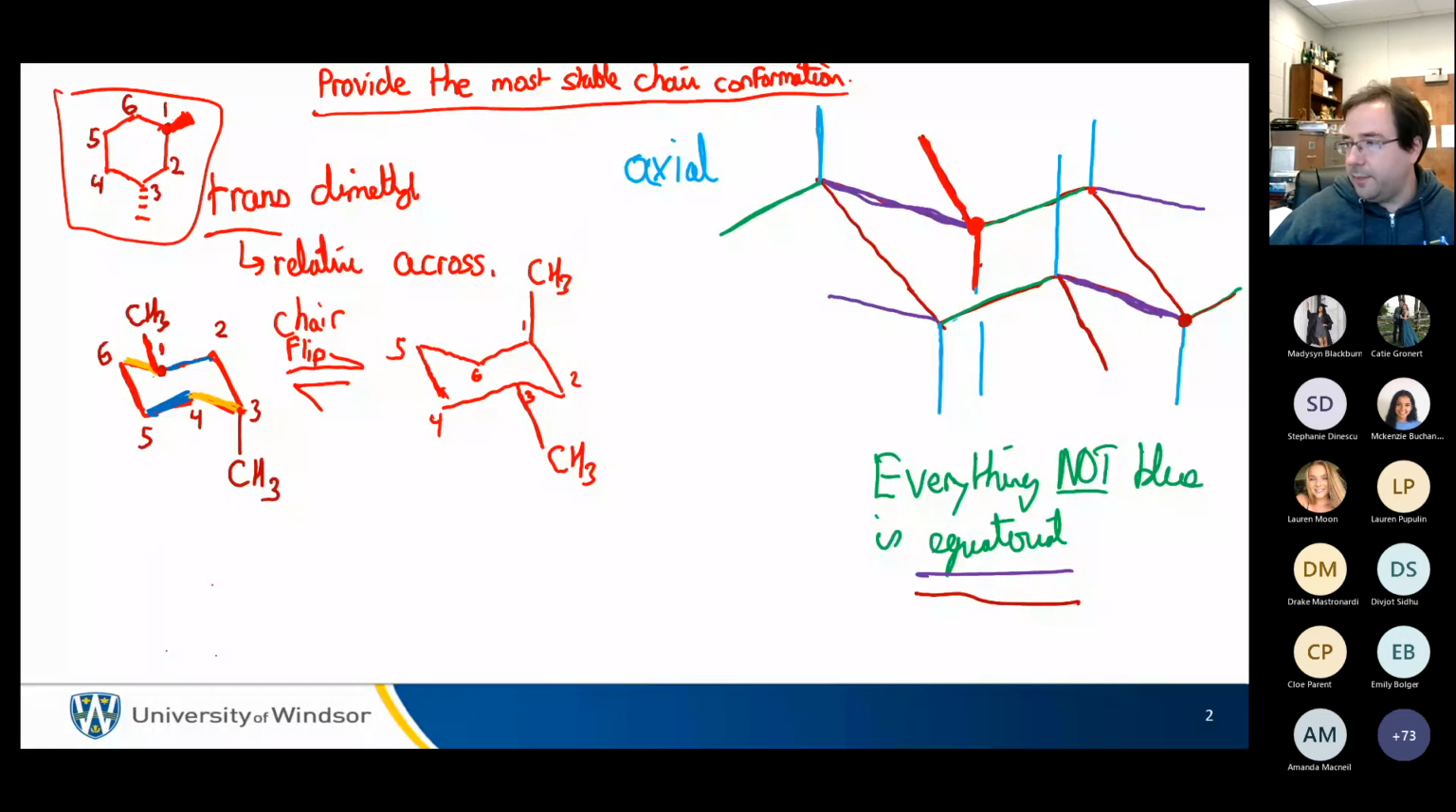I lost Melitza. Okay, Melitza, see if we can do this time. Yeah, because if you put an equatorial on carbon 3, it would be in the up position. But that's not up, it's down. So if I had drawn this